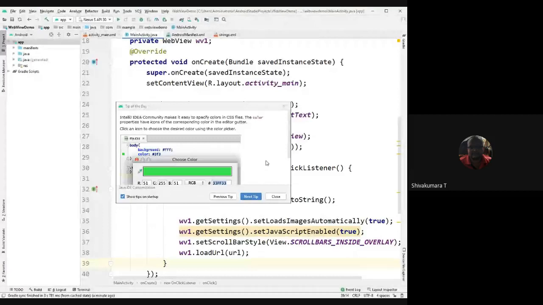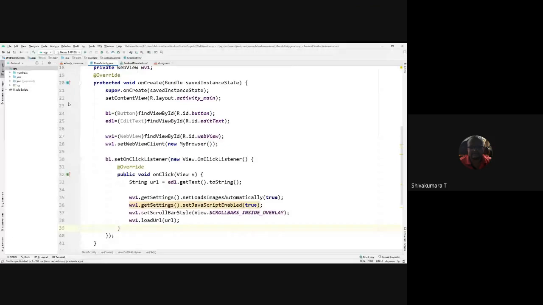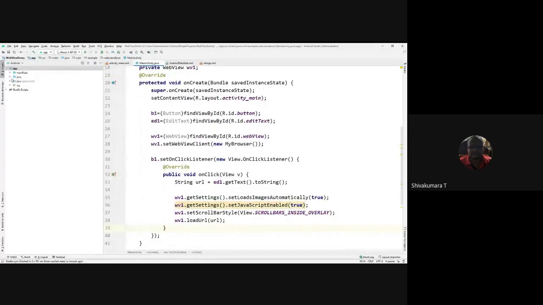Okay. See here, when you open any application, first is the project title. So project and app, this is the project structure of any Android application. But this current version, I'm using version 4.01 of Android Studio.